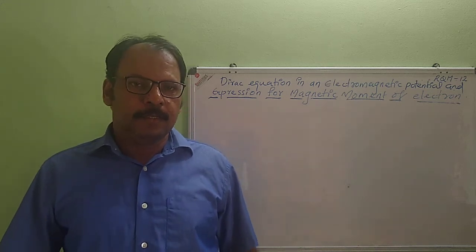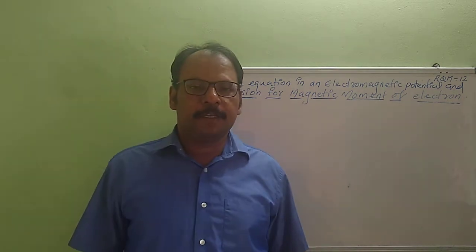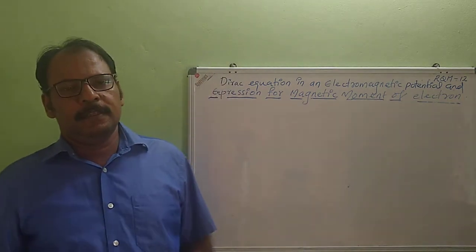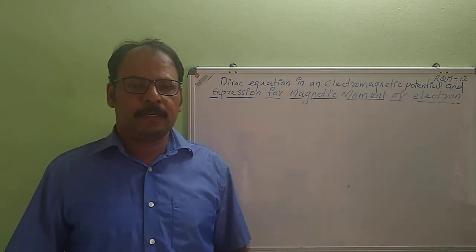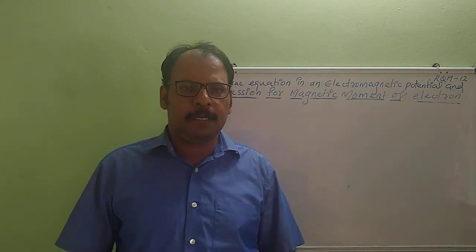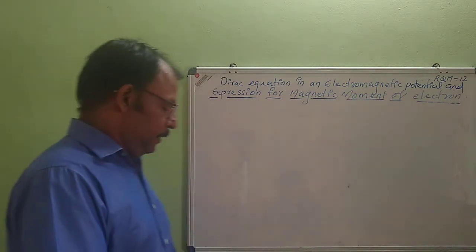Good morning. In this class we will do the Dirac equation in electromagnetic potential, and then we will find the magnetic moment of electron, magnetic moment of Dirac particle. Before going to that, first we will do one identity, that is